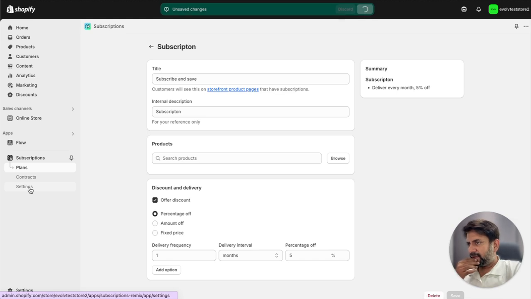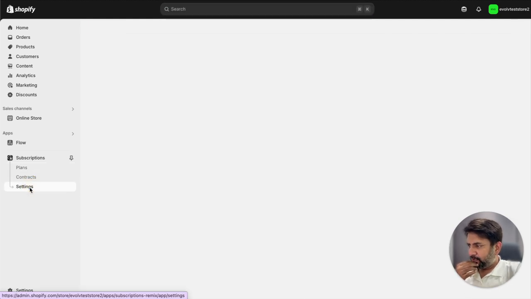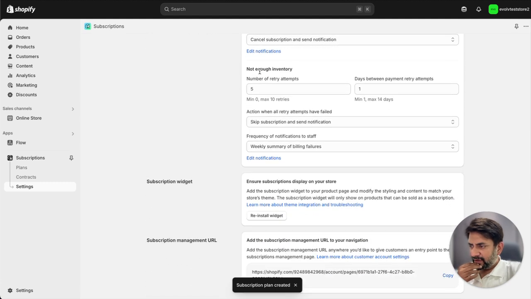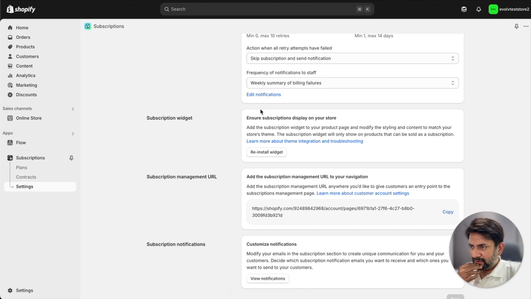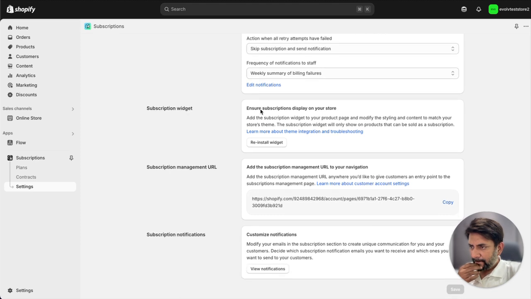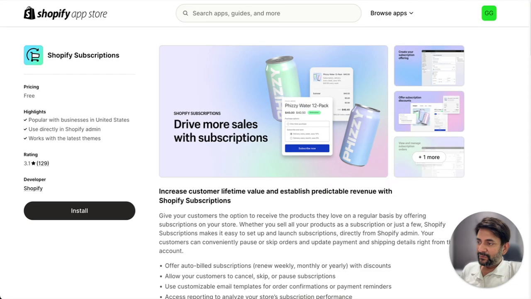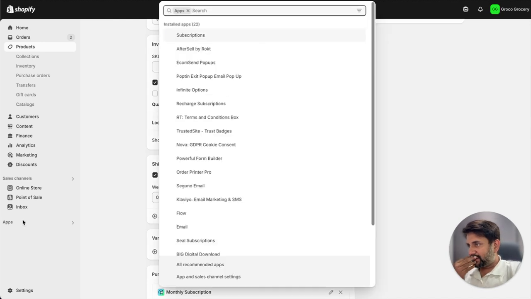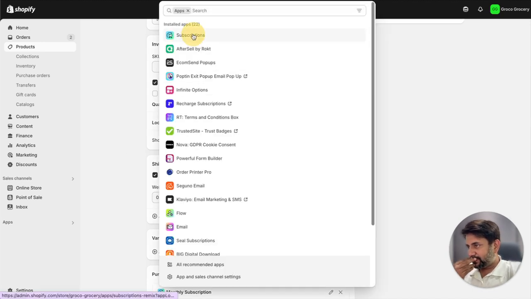I see if there are any settings that I need to have. Payment method failure, subscription widget. Okay, I had to install this subscription widget, which is why it was possibly not showing in my apps in this particular store. So let me go back to the subscription app,